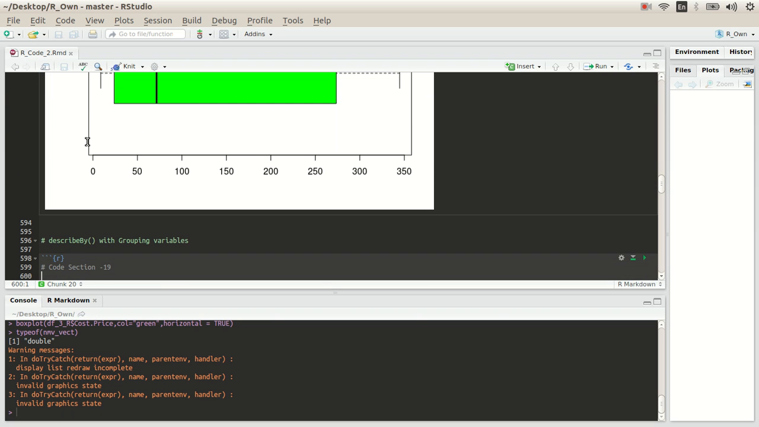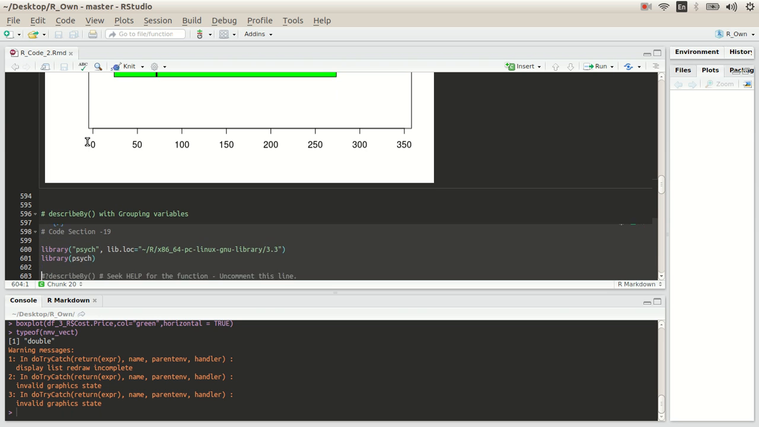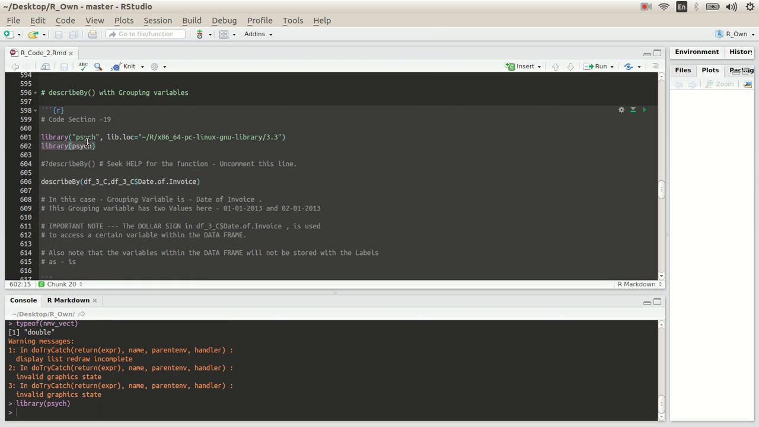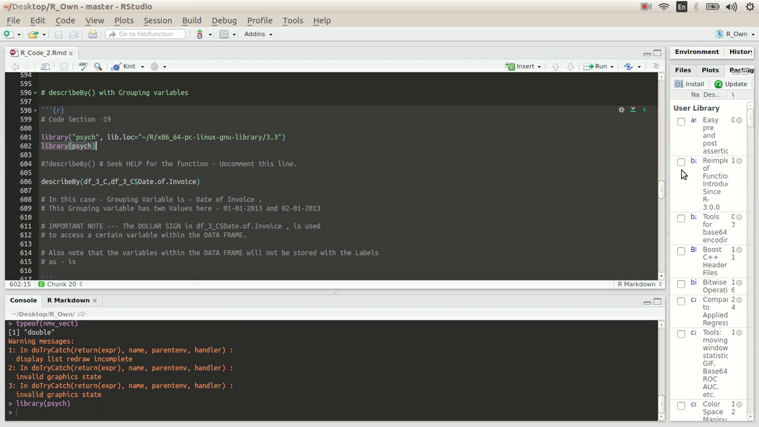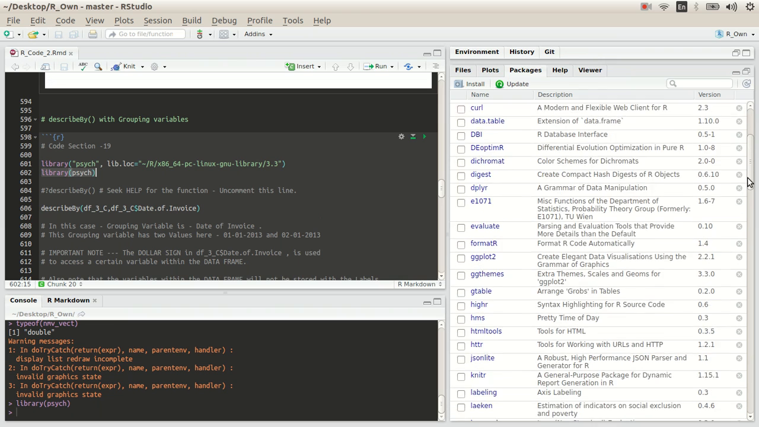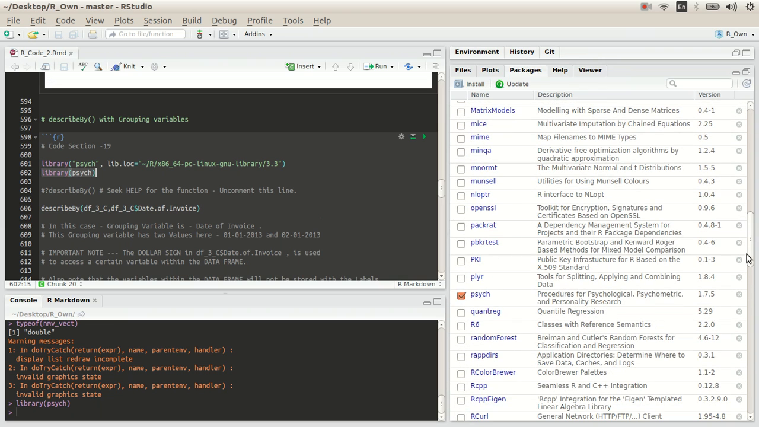Perfectly fine. So describeBy with grouping variables. This describeBy is part of the library psych. Now psych is a library which has to do with basically... Now when we do this, we'll go and see within the packages. The moment I have loaded that particular thing, we go and scroll within the packages. Psych would have got tick marked, and if I were to do that again, then psych will get